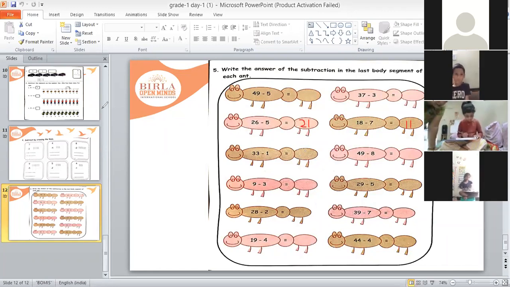So Suryansh, you tell me what comes just before 33? 34. Wrong. Before, I said, not after. Before 33. What comes just before 33? 32. Yeah, that's the correct answer. So answer is 32. Now it's correct.